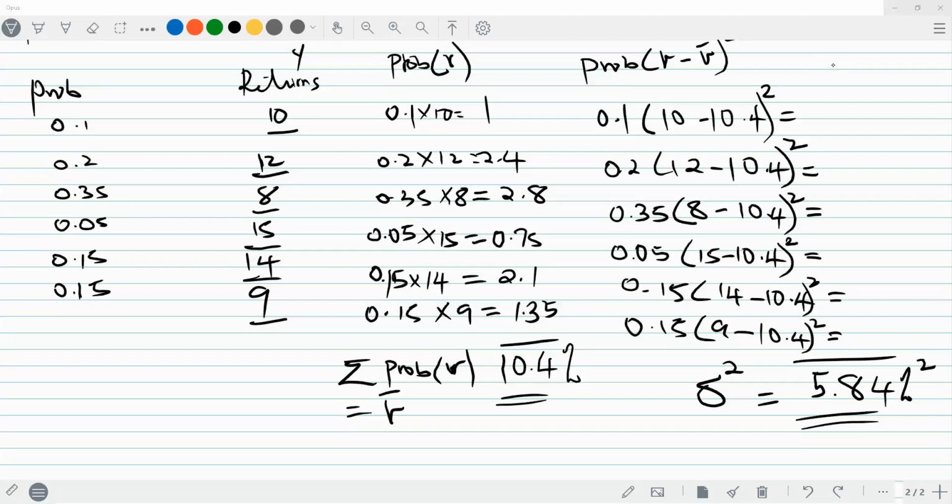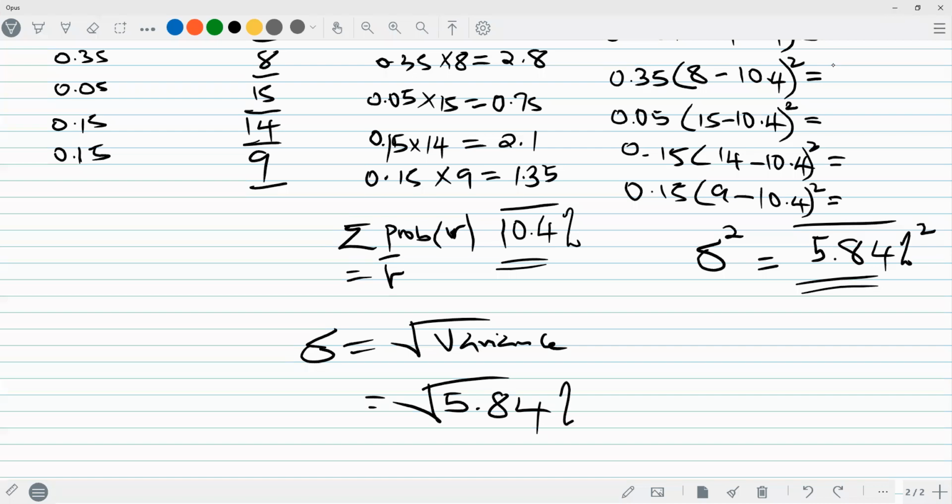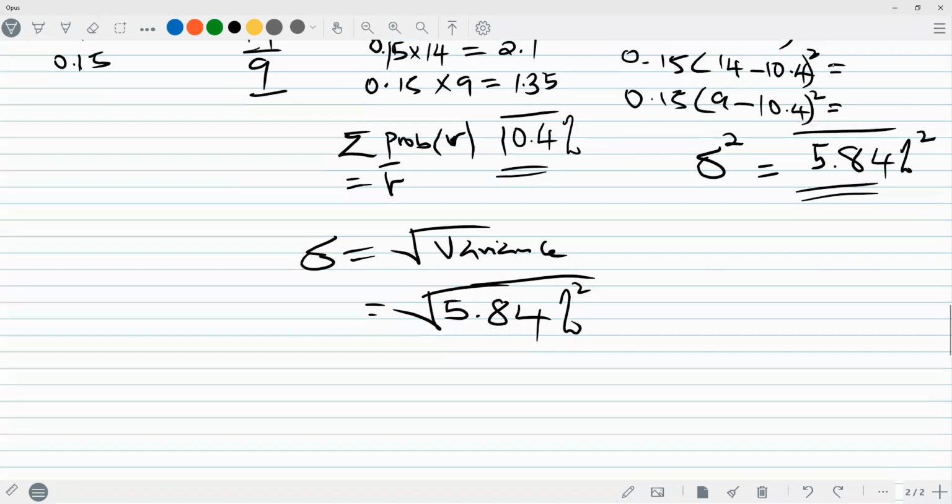He's asking us to get not the variance, the one we just obtained, but the standard deviation. So let's get the standard deviation. It says the square root of the variance. You have the square root of 5.84% squared, and you get 2 point